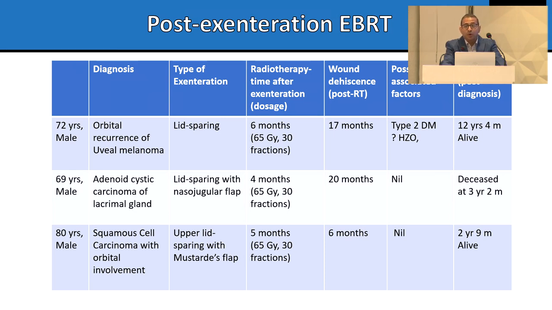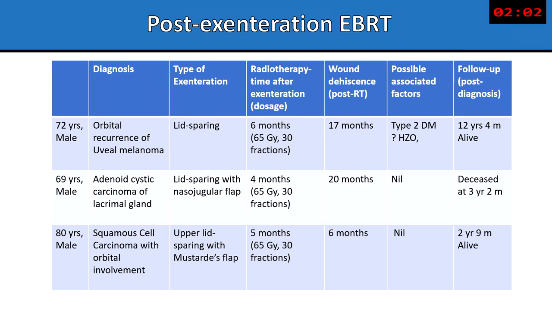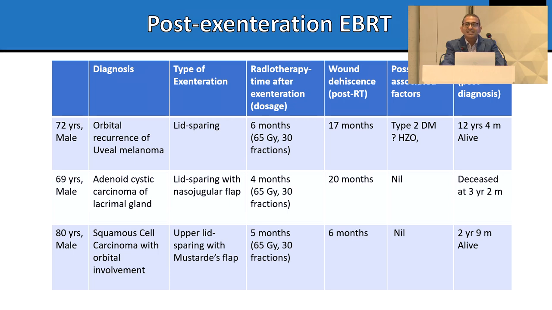The first and foremost is the whopping dose of radiotherapy. 65 grays in all of these patients, clearly considered necessary as an adjunct to surgery for curing these malignant conditions. And the second common thing, I suppose, is the bruised ego of the surgeon. Unfortunately, one of them was me.